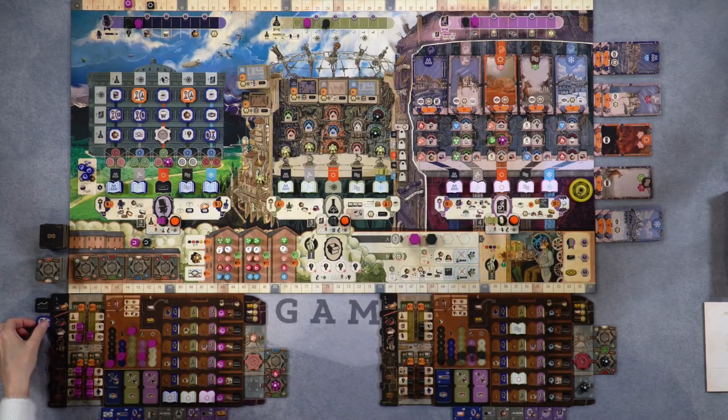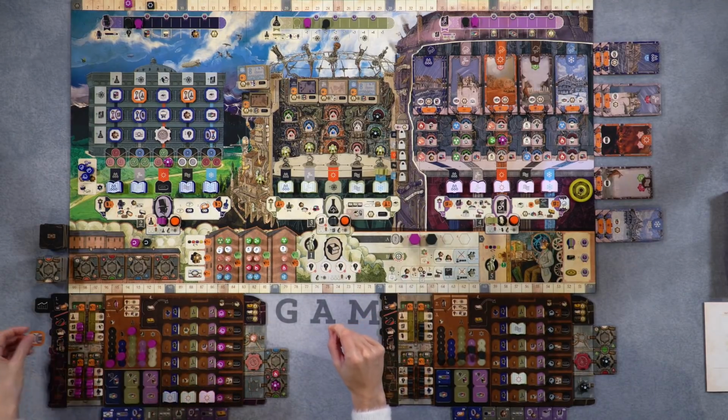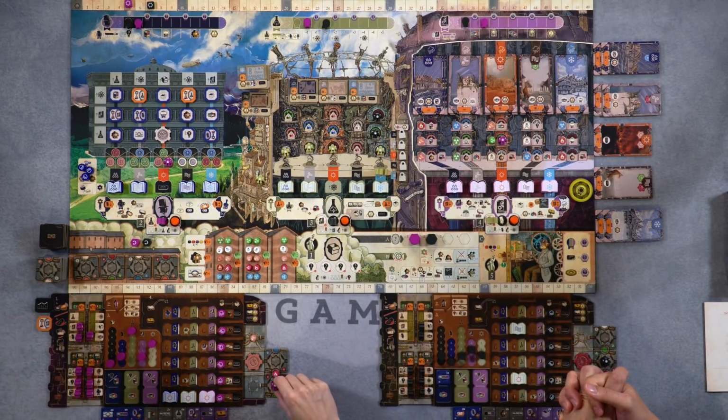Okay. All right, so I'm going to start by using my government subsidy tile. And this allows me to take the R&D action without paying the chemical. So I'm going to do that. Can you push me up the funding track, please? Yep. Number 1. And then I'm going to...